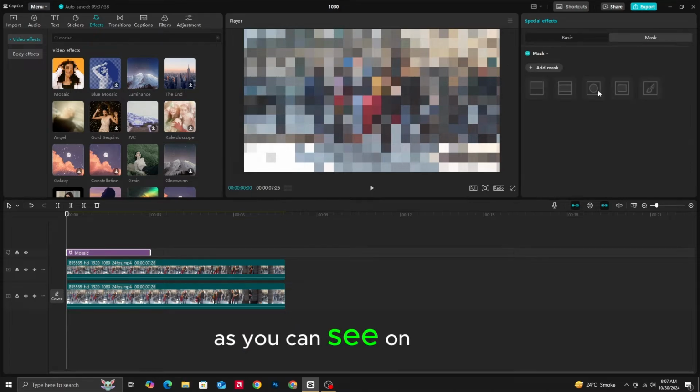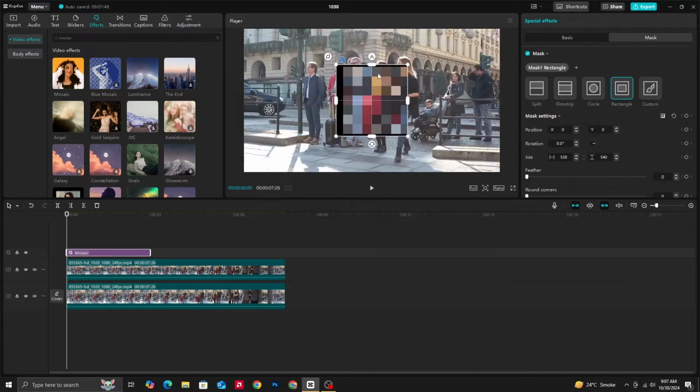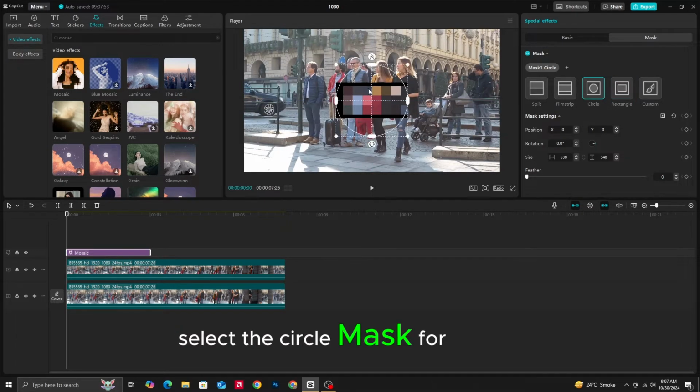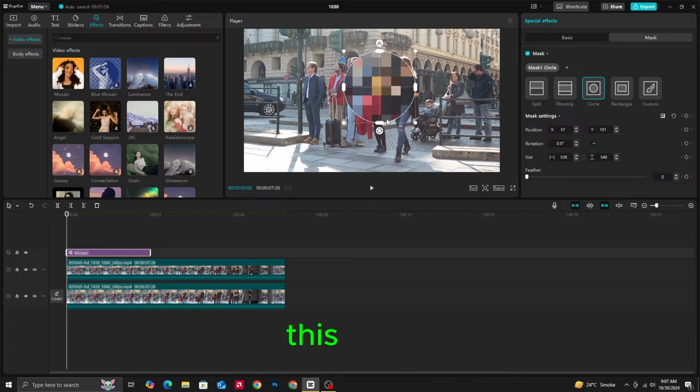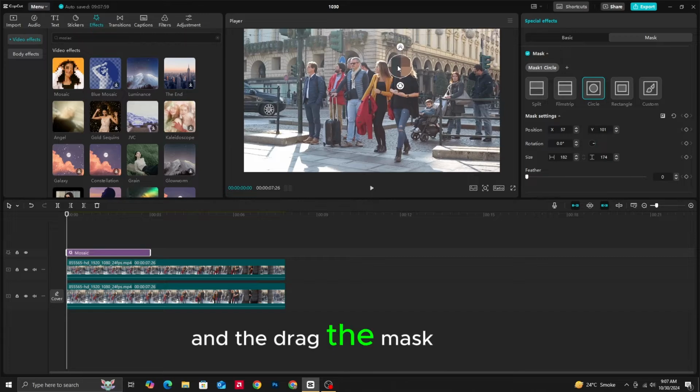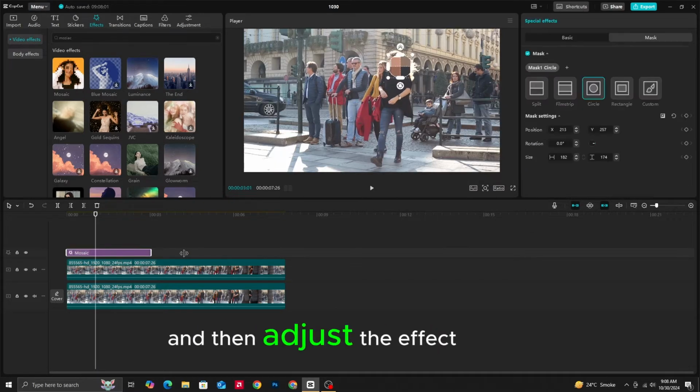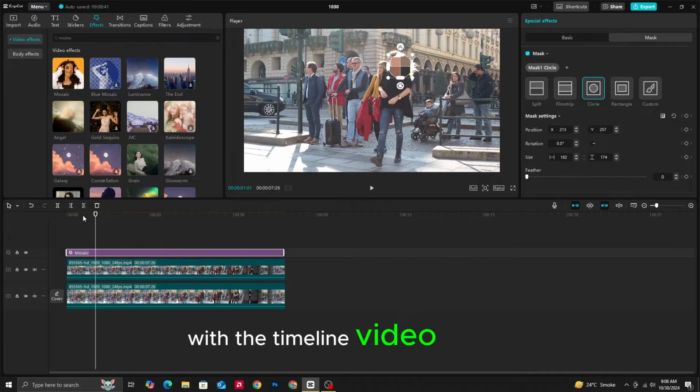mask as you can see on the right side of the screen and click on the add mask and select the mask. Select the circle mask for the video and adjust the size like this. And then drag the mask to the subject face like this. And then adjust the effect with the timeline video like this and